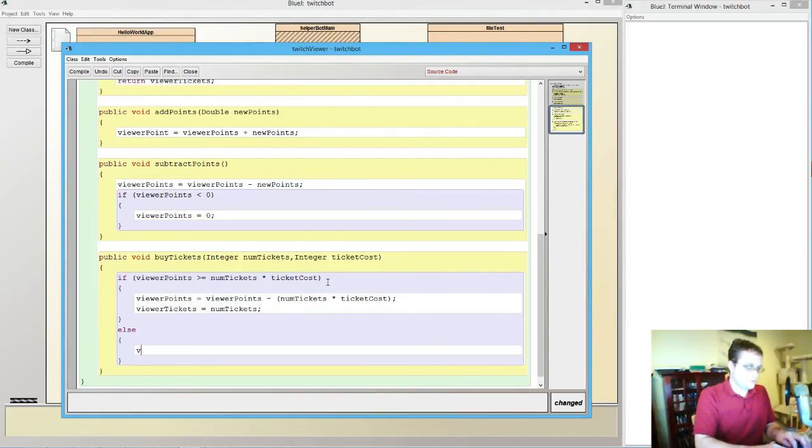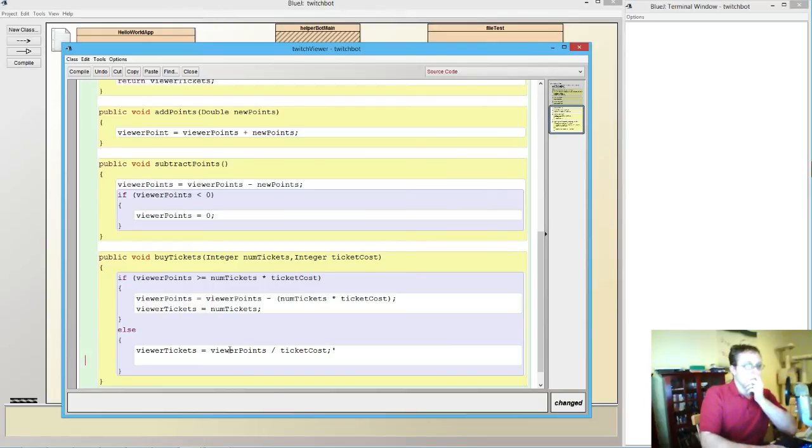viewer tickets, and this might end up being adjusted a little since this is an integer and this is not going to be an integer in all cases, equals viewer points divided by ticket cost. Okay. And then we're going to set viewer points equal to